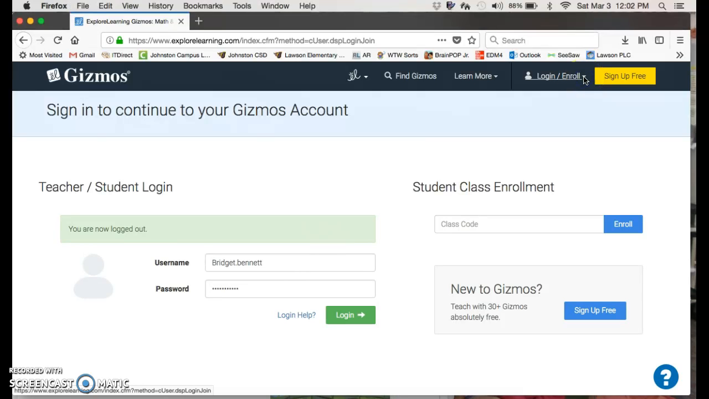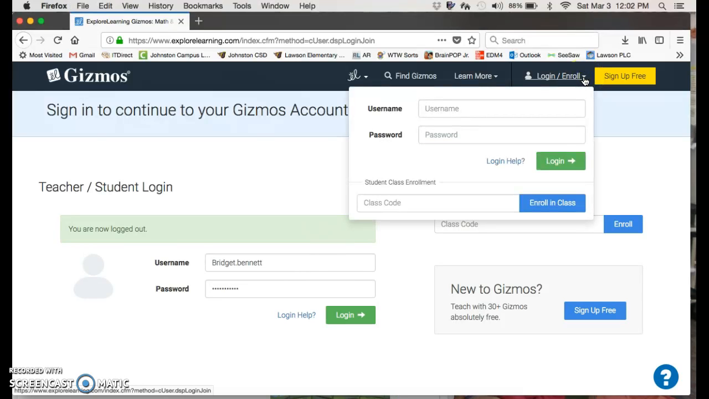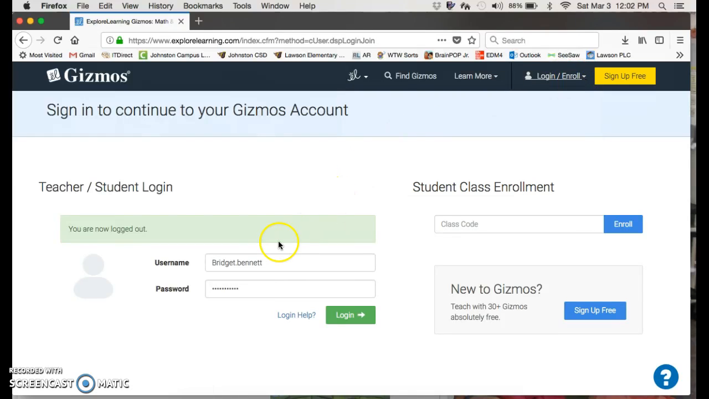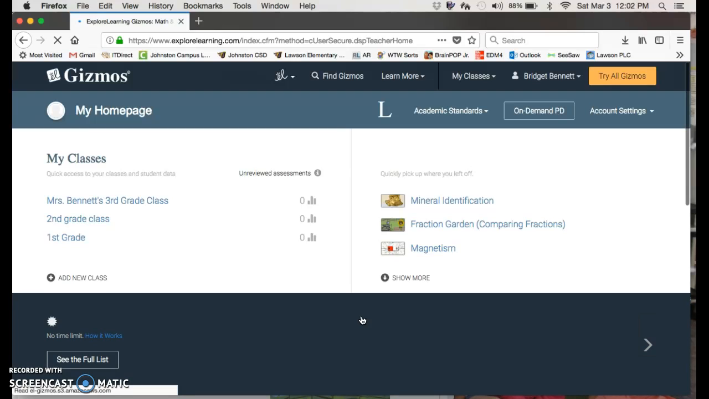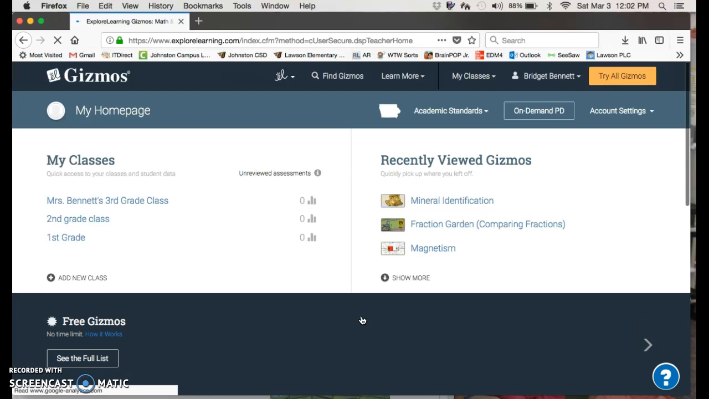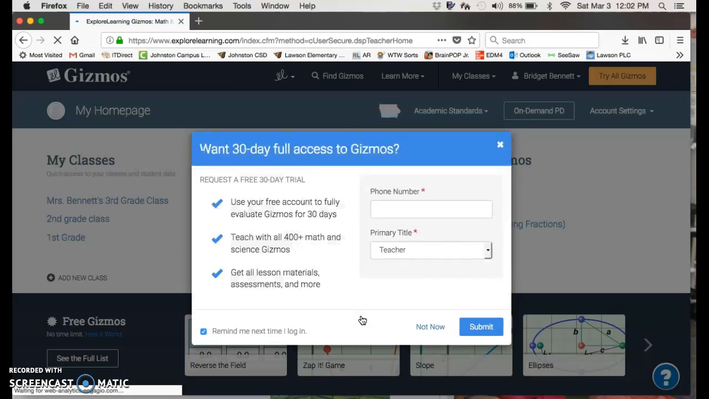You can easily set up an account by creating a username and password and connecting that to your school district, school, and grade level. And I've already done that, so I'll go ahead and log in to show you what the teacher dashboard looks like and some of the resources that you can utilize through that. So first, once you get logged in,